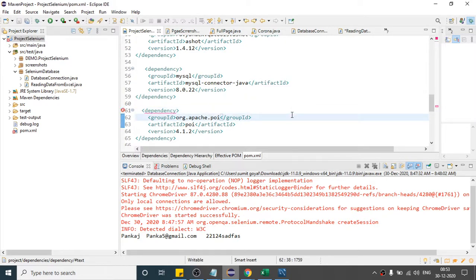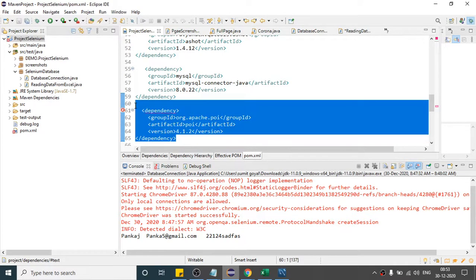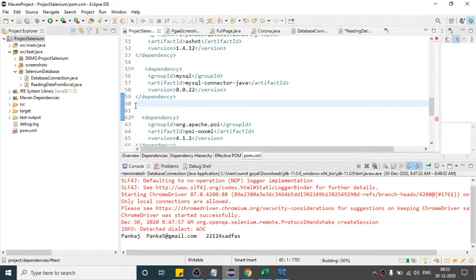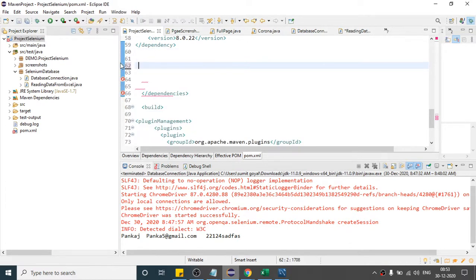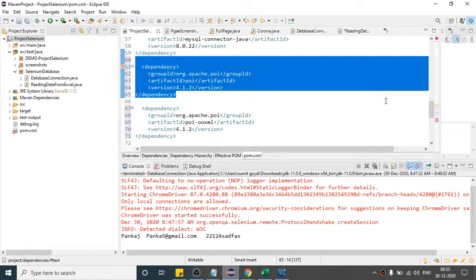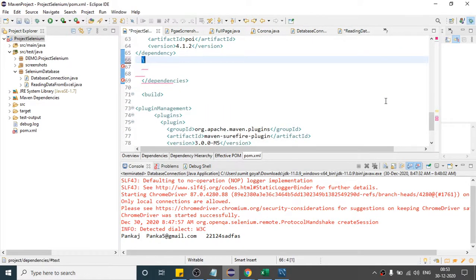If I remove this, and if I also remove this, it's still there. I think earlier the error was not coming. So let me undo all the operations which I have done here. Okay, I think this is causing the error.